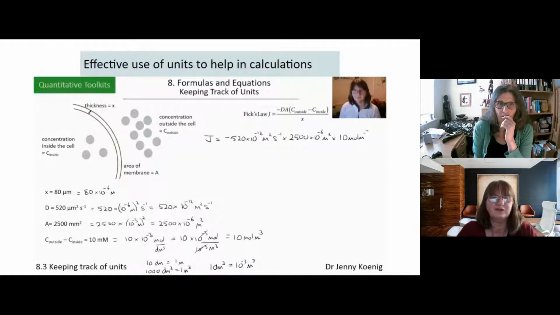The other thing is effective use of units. This can be really helpful for students to make sure they have the units in the calculation with the numbers, and ensure that the units cancel out. This is probably the most complex example that we go into, Fick's law, where you're given a whole bunch of different parameters and you have to put them into the equation, but you've got to do lots of playing about with the units first to get them in the right units, so that when they go into the equation, they all cancel out